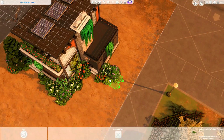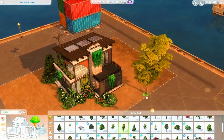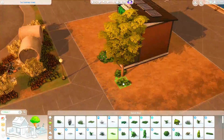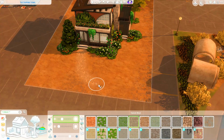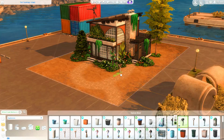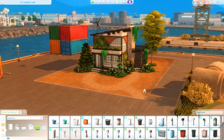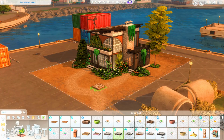And then the more I worked on it, the more things I tweaked, the more I added to it or took away, I just kept working on it, and I just stuck with it, and I was like, I actually really like this. I wouldn't say I'm in love with it as of yet, but I do like it. I think it came out really, really nicely. So you'll just see me adding, obviously, the mailbox, of course,